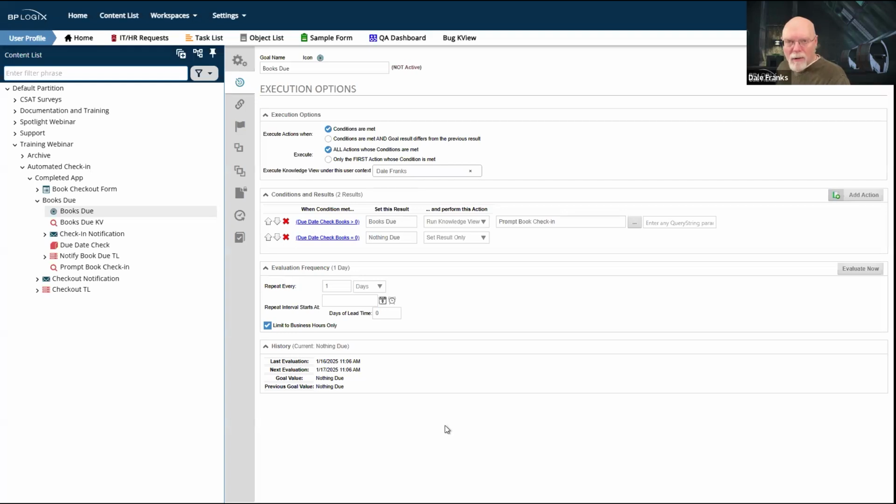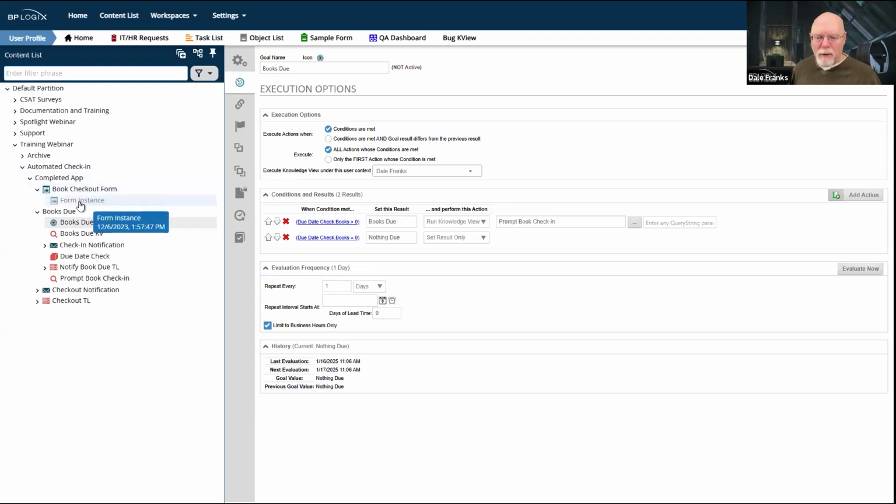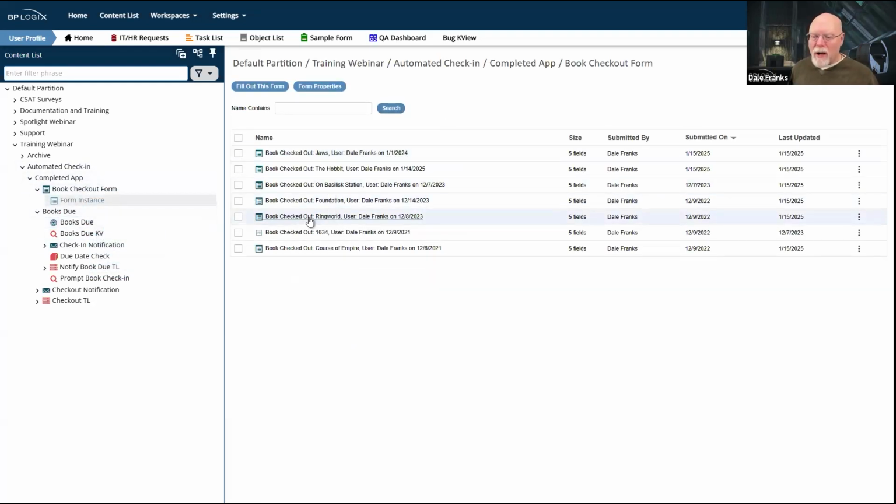So now let's play around with the application itself and see what happens here. I've got some existing book checkout forms, but I need to create a new one if for no other reason so that you can see the book checkout property works before we get to the book check-in property. So we'll probably come back in here. We'll make some changes to some of these books so that we get varying numbers of books due. But for now, let's check out a book.